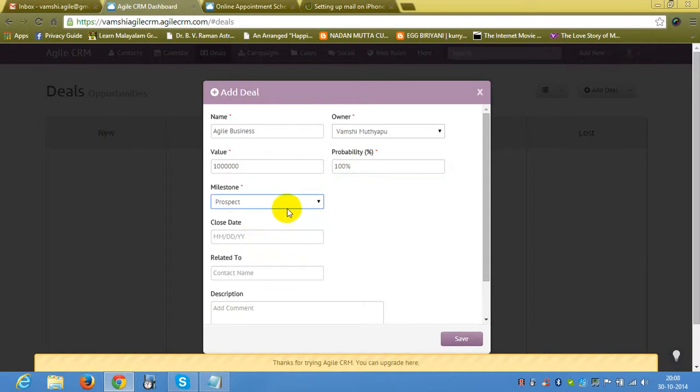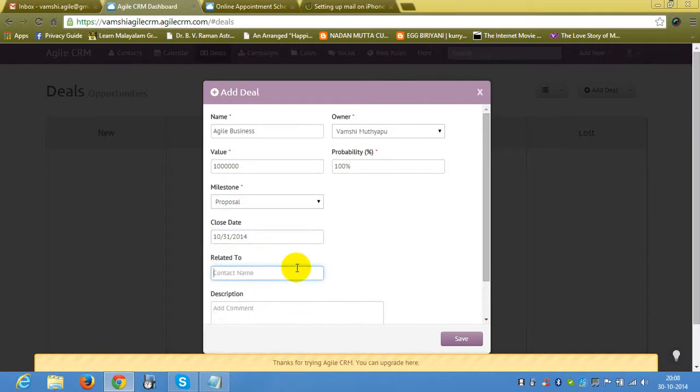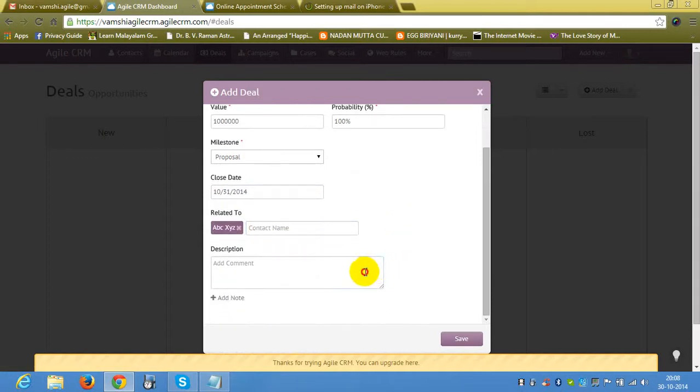I can always change it. For example, now it's prospect, and once it's won, we'll select it to won. As of now, I'll say proposal, and I'll select the date as tomorrow, 31st October, and I'll select A, B, C. The description will be probability of making the agile